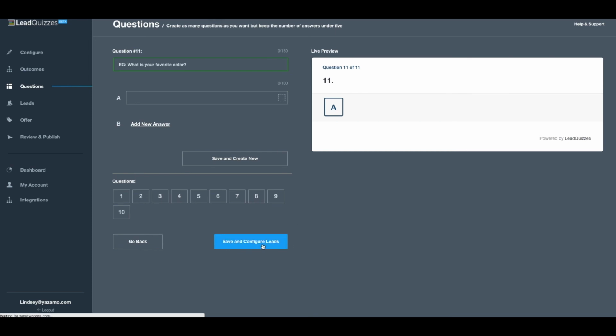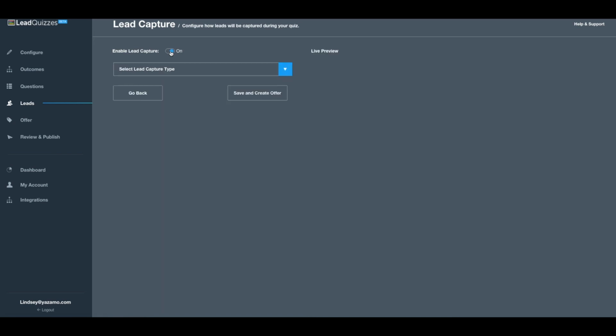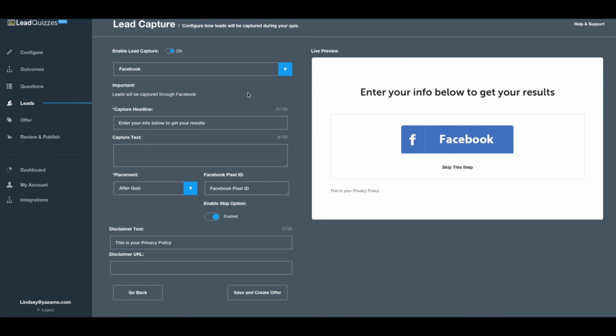Save and Configure Leads. This will take me to the lead configuration portion of the quiz builder. In the lead configuration portion of the quiz builder, you have the option of allowing your quiz takers to either not opt in at all by having enable lead capture turned off, or to collect their information via a Facebook opt-in or their name and email, phone number, or last name. So our first option is the Facebook opt-in. The Facebook opt-in takes the quiz taker's email address and name from Facebook and puts that into your email software or your CRM. But you're not able to customize it as much as you could if you do the lead